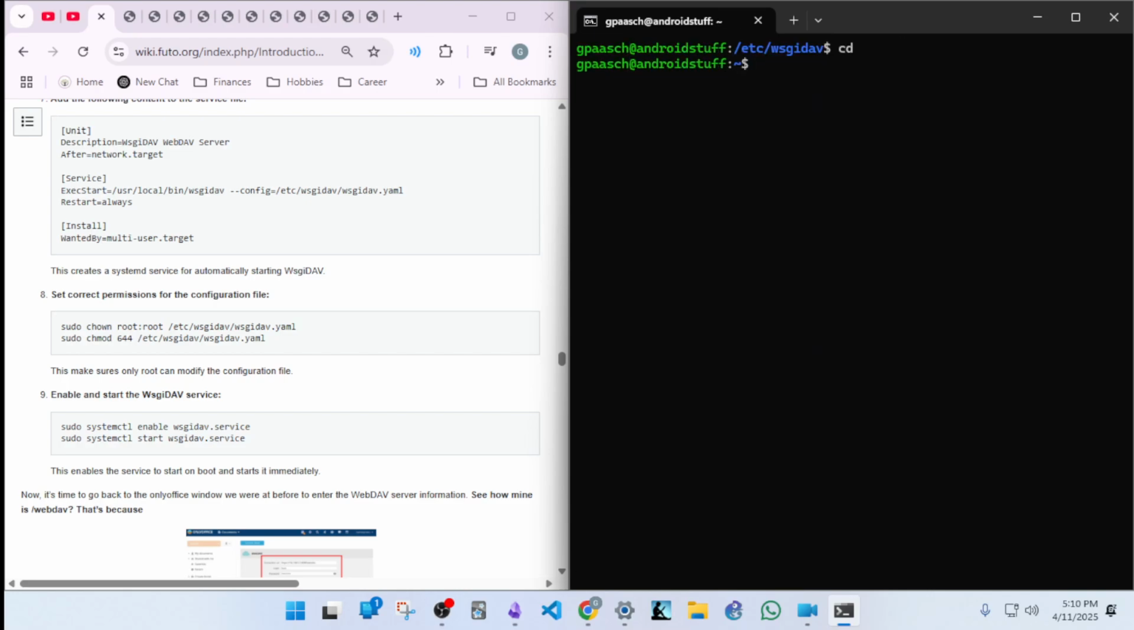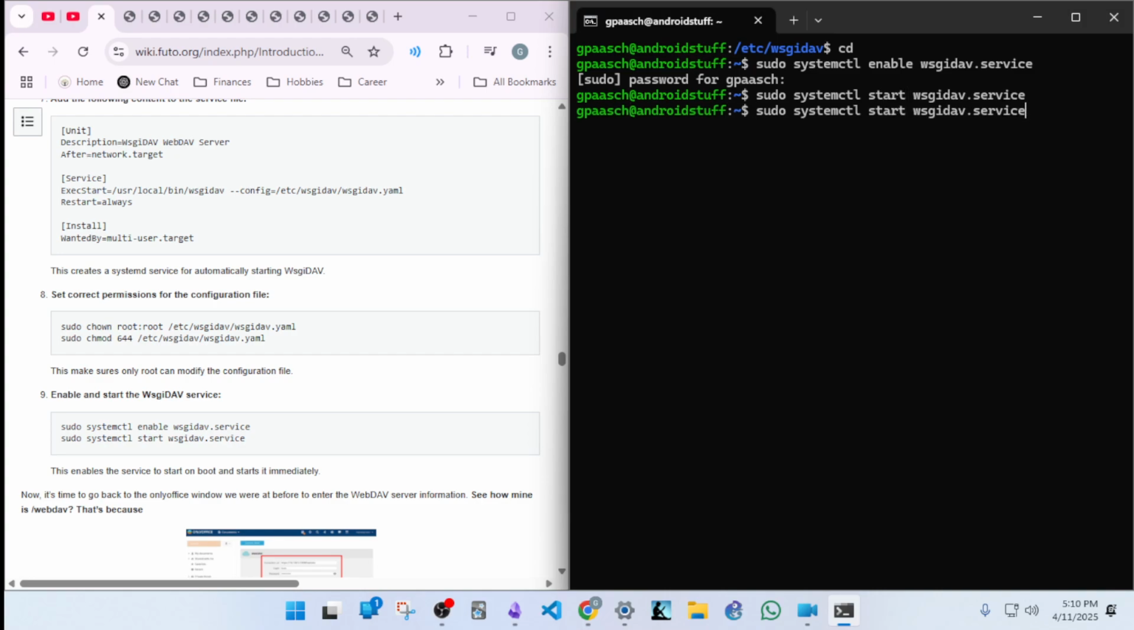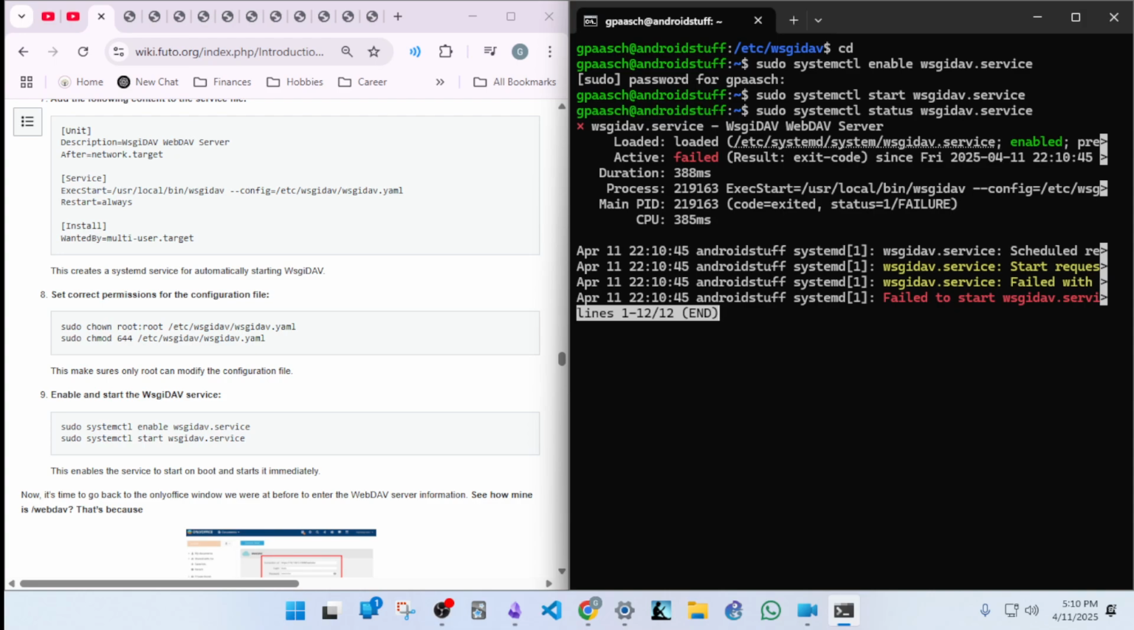So now if I go to sudo systemctl enable wsgidav.service. All right, and then start. All right, and then we do a status. Yeah, so it's failing to start. So let's start there with